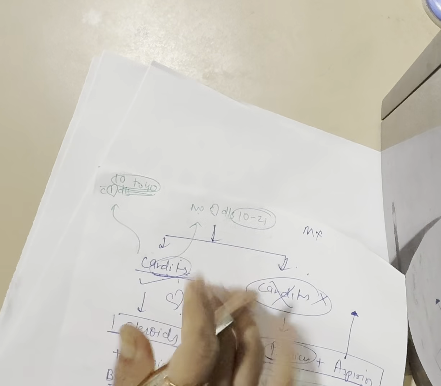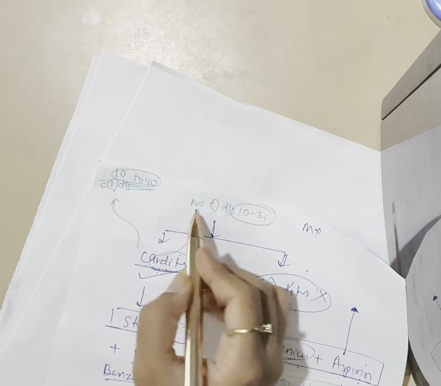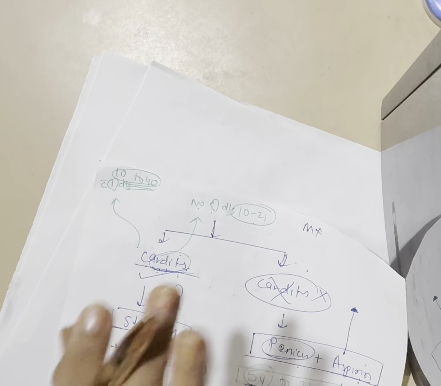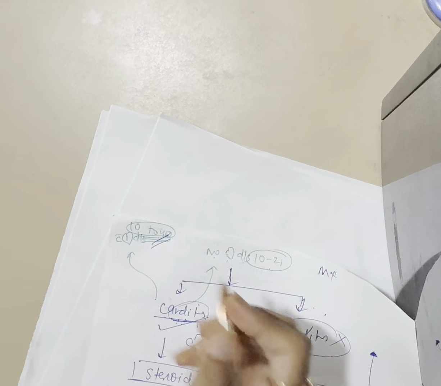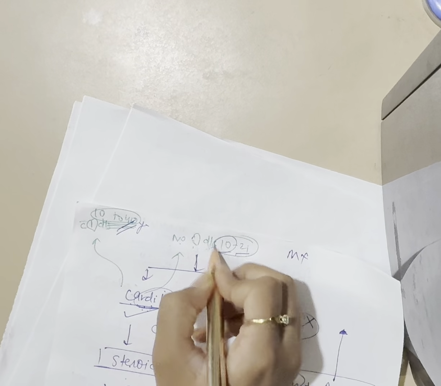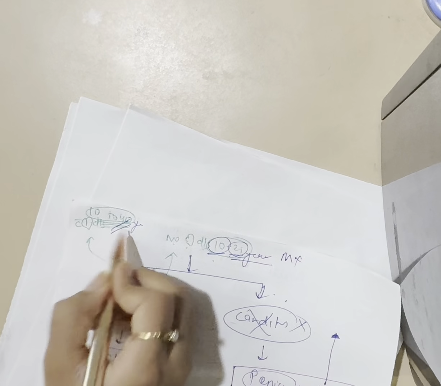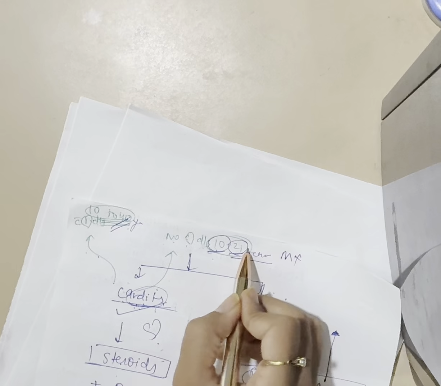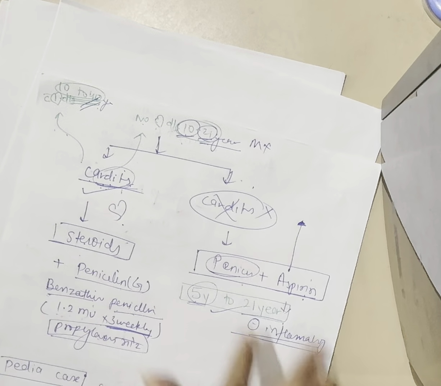Now if we talk about carditis: if the heart is involved, there can be no residual heart disease or there can be residual heart disease. If there is residual heart disease, we have to go till 40 years of age. If there is carditis without residual heart disease, then 10 years or until 21, whichever is longer. So 10 to 21, and here 10 to 40. Very, very important. 10 to 40 if there is residual heart disease, 10 to 21 if carditis without residual disease, and if there is no carditis, then very easy, 5 to 21. These three numbers you need to remember here.